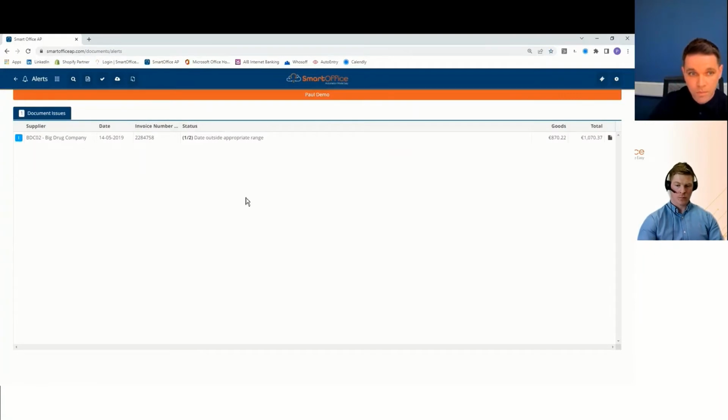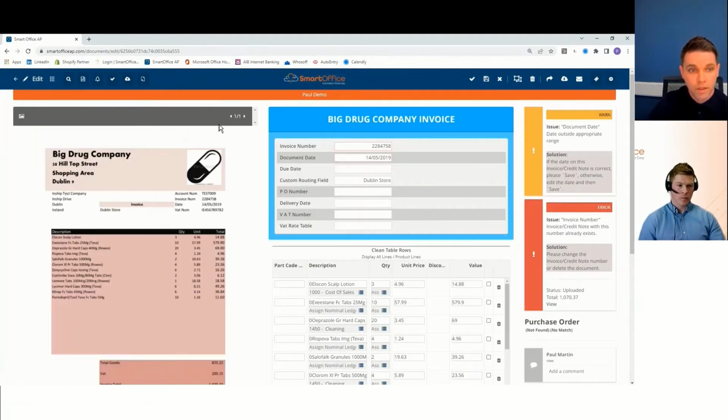You'll see here, we've caught an invoice, and we suspect the date range is a little unusual here. And we also suspect that this is a duplicate. In here, you can dive a little bit deeper. We'll see the invoice that came in, all of the data that we captured out of it, and then you'll see here we're highlighting the errors.